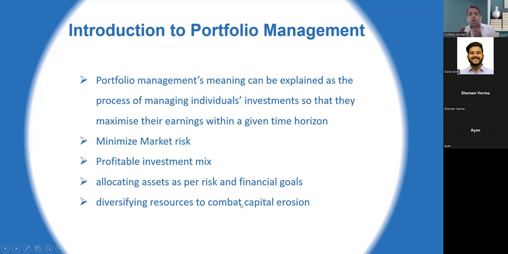So we have to allocate the assets that, first of all, are suitable to the risk profile of the client. Now I am an aggressive client, so I would love to have more equities, because I can sustain that particular pressure. When Nifty is falling by 2,000 points or 3,000 points or 10% or 20%, I am okay with it because I understand the nature of it.